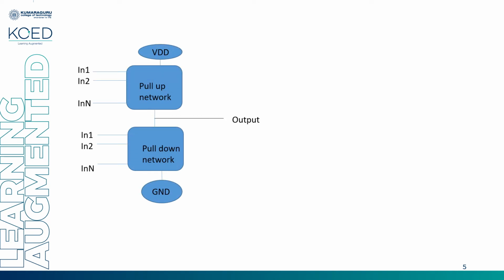And this is your circuit structure of your CMOS static logic. You have a pull-up network, you have a pull-down network. Pull-up network is PMOS, pull-down network is NMOS. Why is it a pull-up network? Because it pulls up the output via VDD. Why is it called a pull-down network? Because NMOS always drains all the voltages to ground. Depending upon the logic, you are going to give the number of inputs and choose the number of transistors. If it is a 2 input AND gate, in 1, in 2, and 2 PMOS will be here.